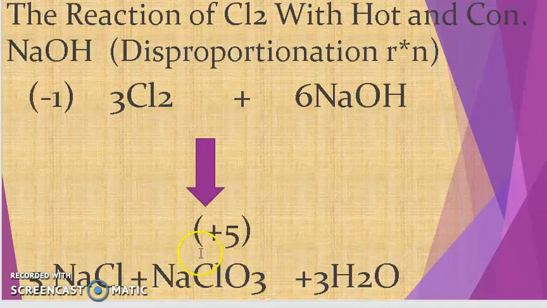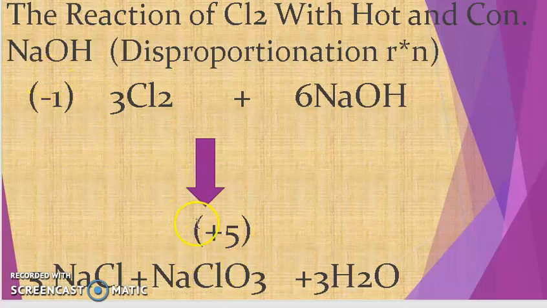NaClO3, if you take this product, Na has an oxidation state of +1, and Cl we don't know, and here O3 is there. We know oxygen is -2, so -2 into 3 is -6. Here +1 is there. So x is equal to +5 you will get. So from -1, Cl is changed to the oxidation state of +5, correct? So this is the way you have to find it out.